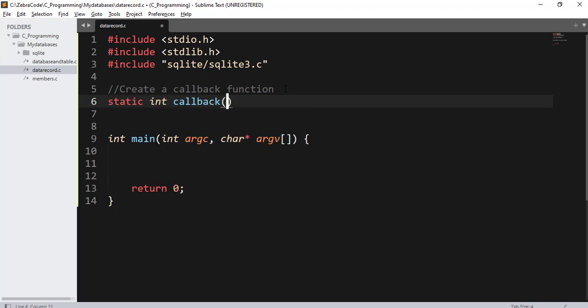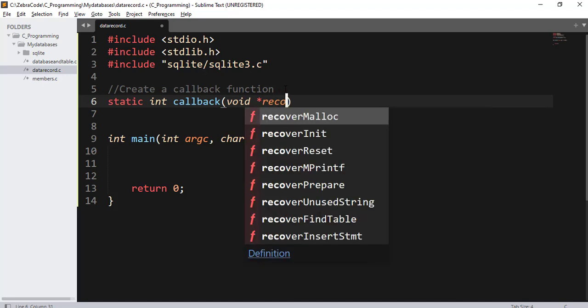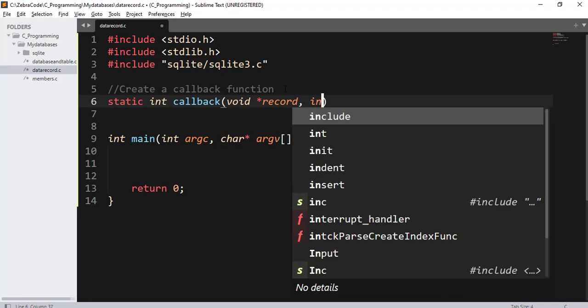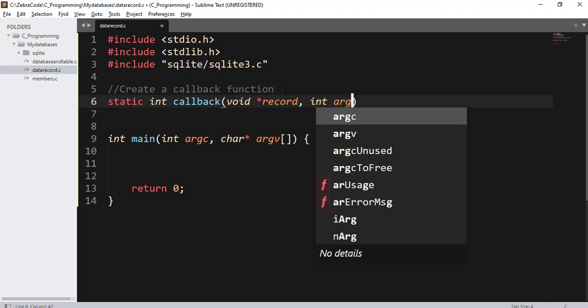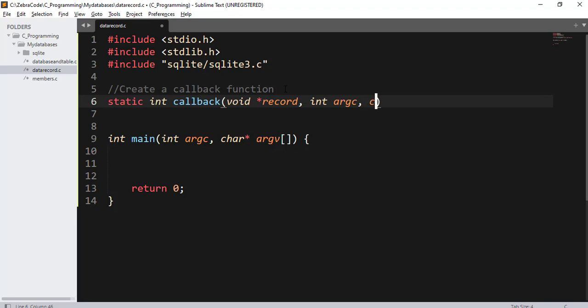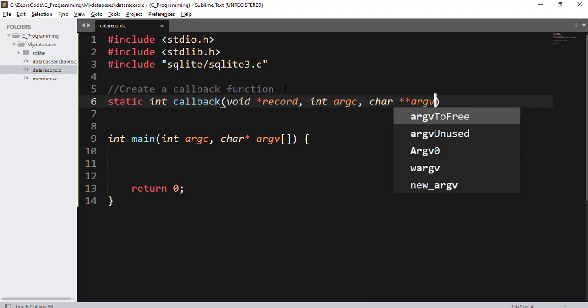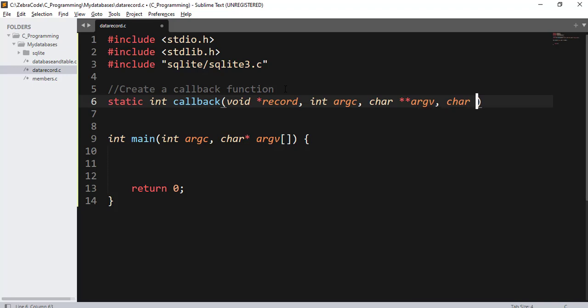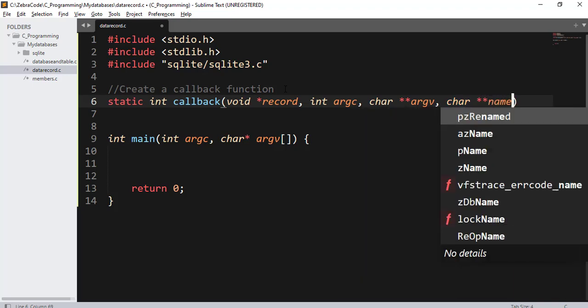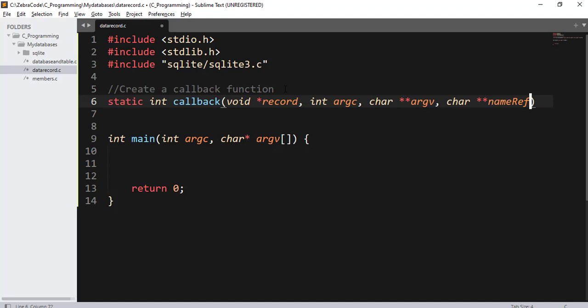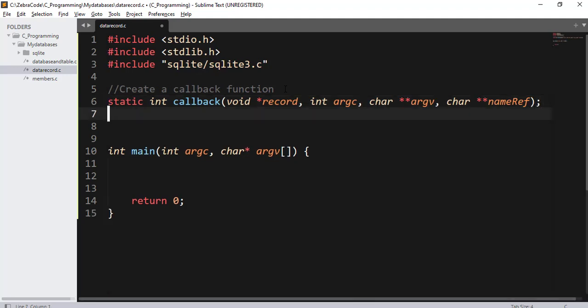Static int callback, void record, int argc, char asterisk asterisk argv, char asterisk asterisk name ref, semicolon. Now inside this function, I'm going to print to standard error, fprintf,